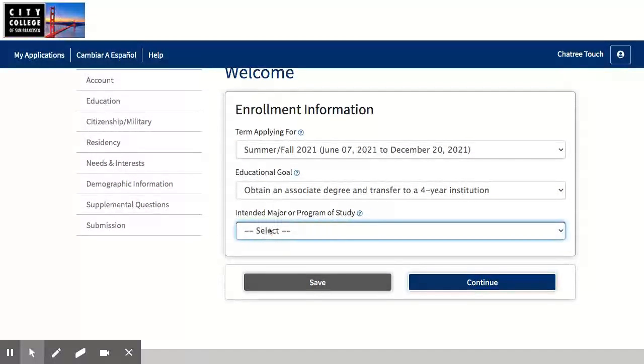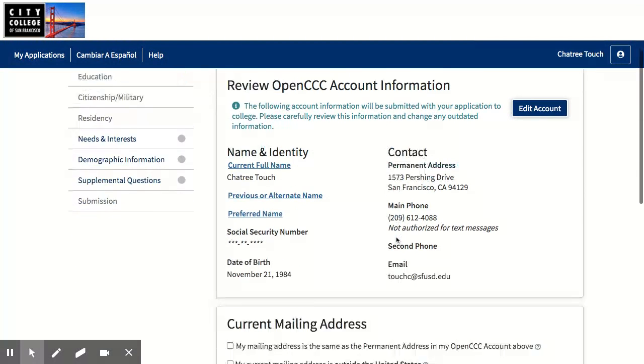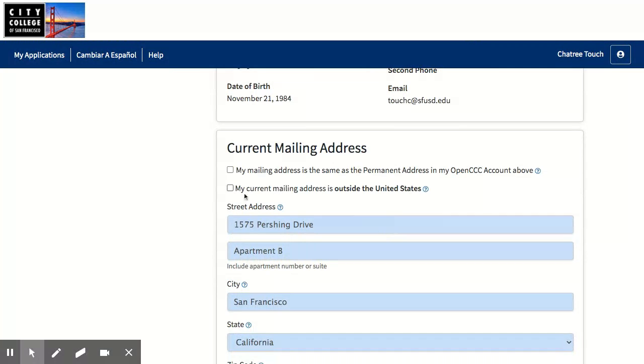Same with your intended major. Just whatever in this moment that you're interested in. If you decide to change your mind, that is something you can definitely do at City College. So I'm just going to choose biotechnology. Click continue, and then make sure that your info is correct